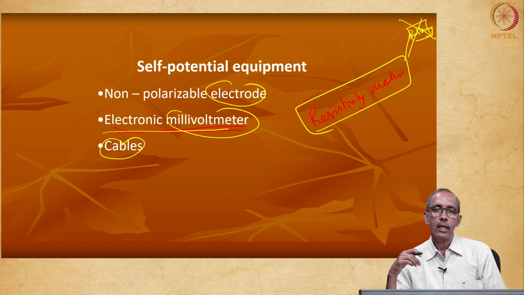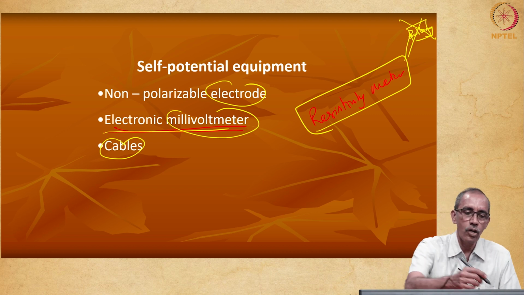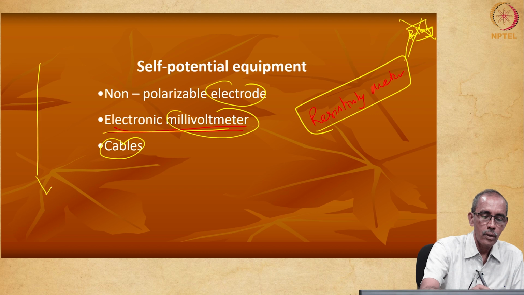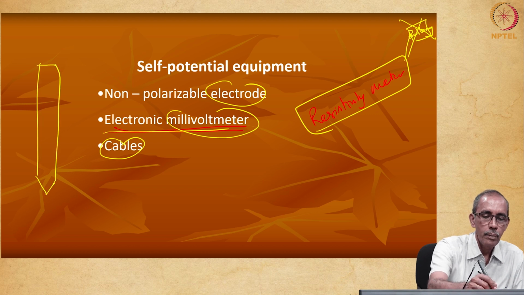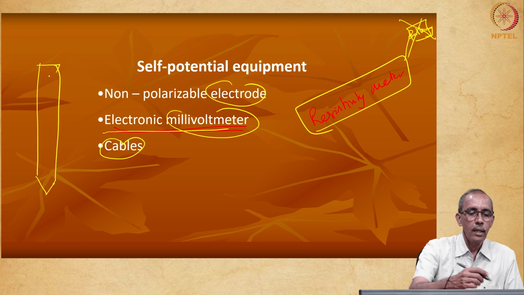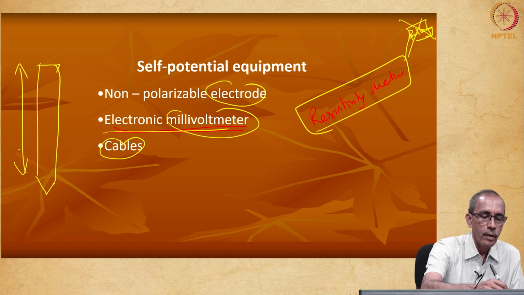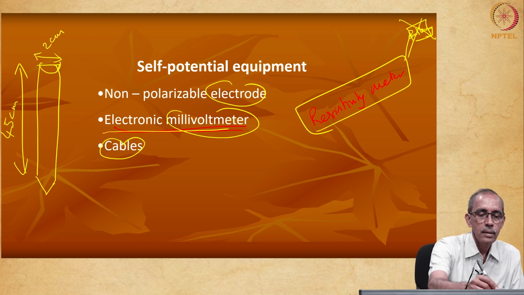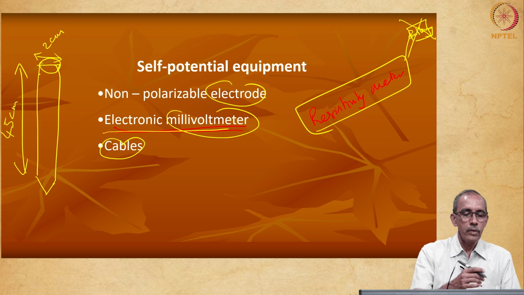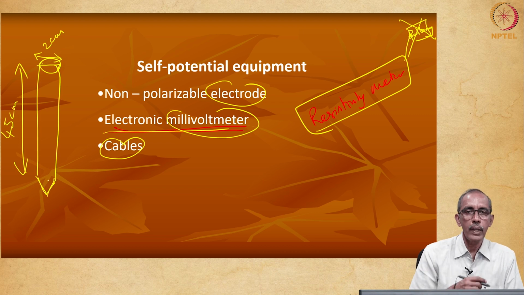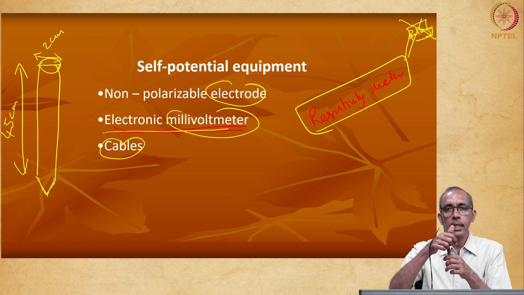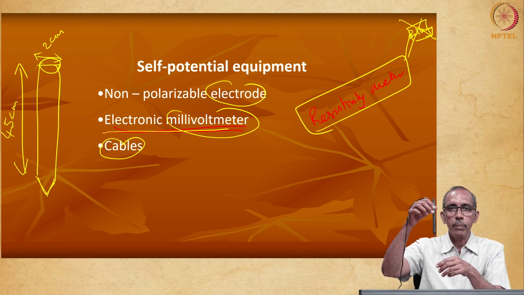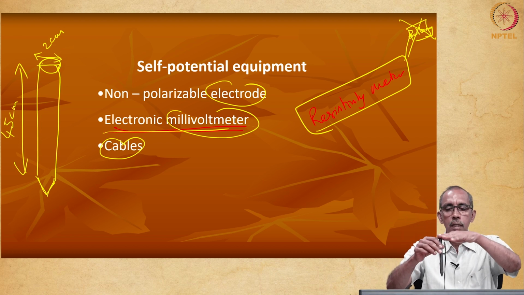Whereas in the case of electrodes, hope you recollect, previously we had used some stainless steel rods as electrodes. They are more or less like miniature cricket stumps, right, normally of about 45 centimeter long and diameter may be 2 centimeters. Yeah, it is a circle, right, and of course it will have a sharp edge at the bottom. It is for our convenience, right. It is something like this pen with a sharp edge, so that you can hammer this into the earth.